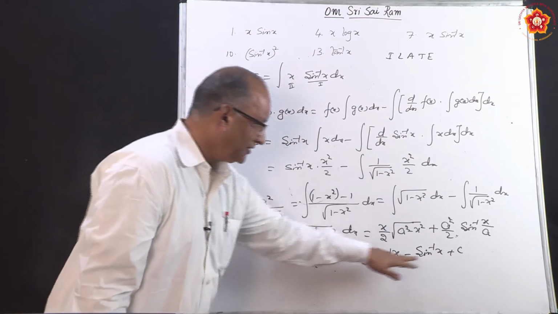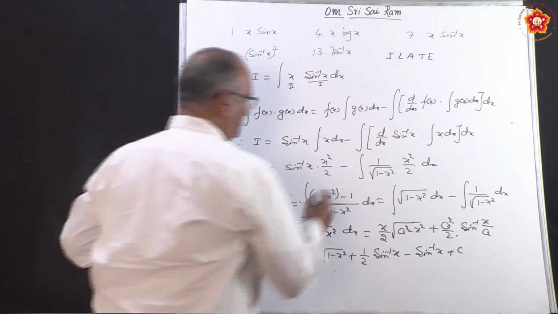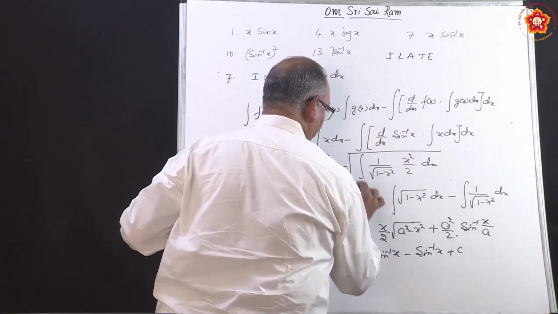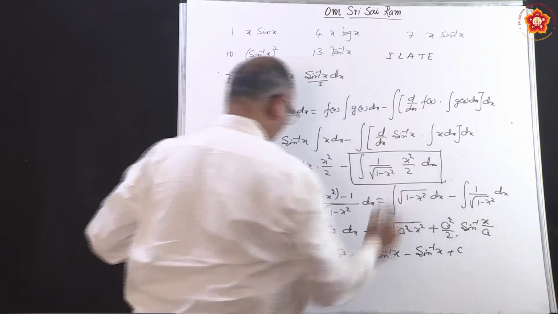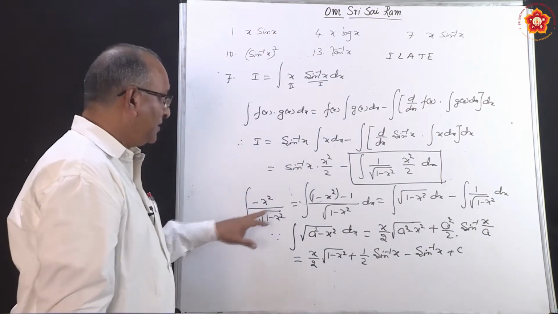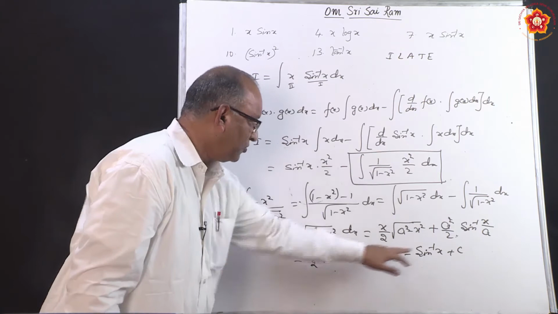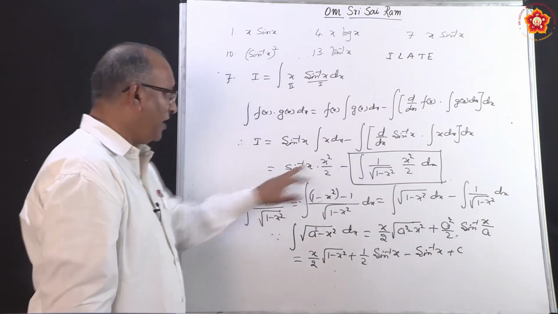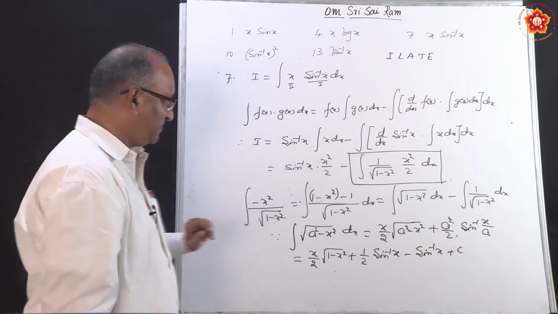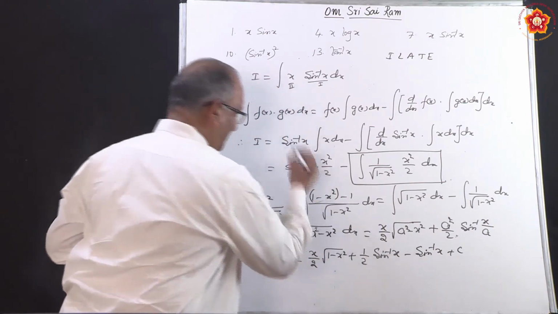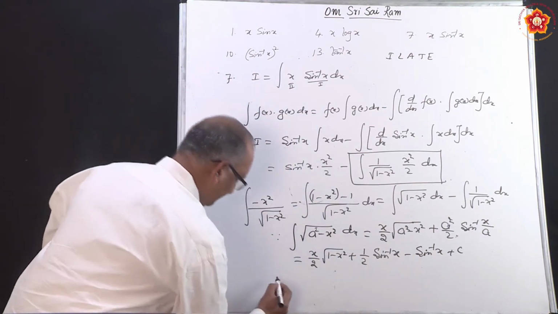Remember, this whole thing we have done for the sake of this. And that too, 1 by 2 is still there. So multiply with 1 by 2 the whole thing. Remember, minus we have already taken inside, so outside it is plus. So write this with this. So what will you get?